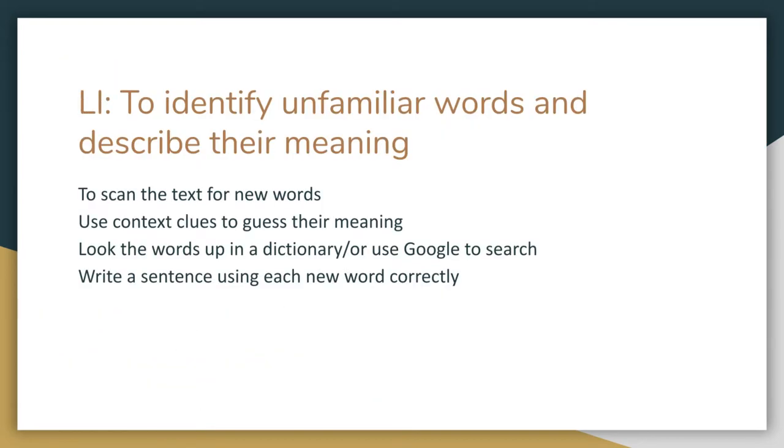Right, for today, we are going to be identifying unfamiliar words and describe their meaning. You are going to scan the text for new words, use context clues to guess their meaning, look the words up in a dictionary or use Google to search if you don't have a dictionary at home. Write a sentence using each word correctly. So,